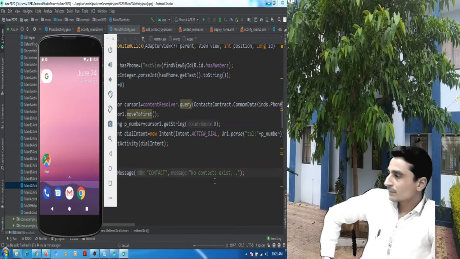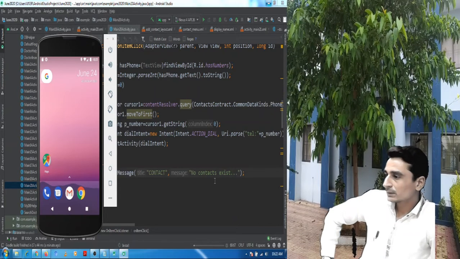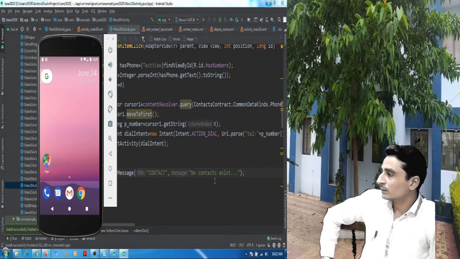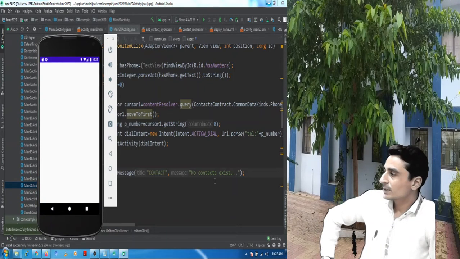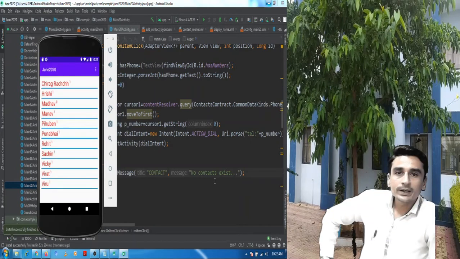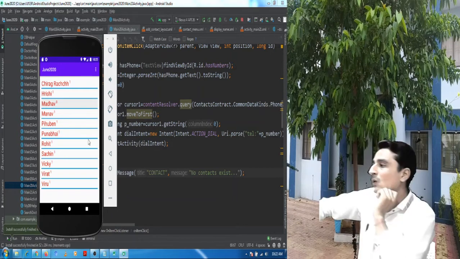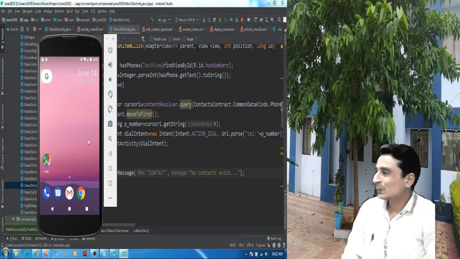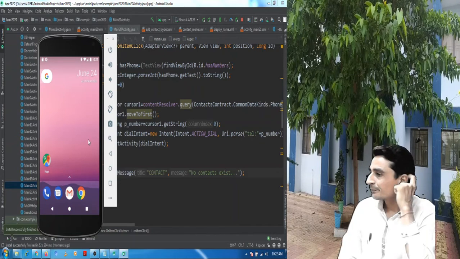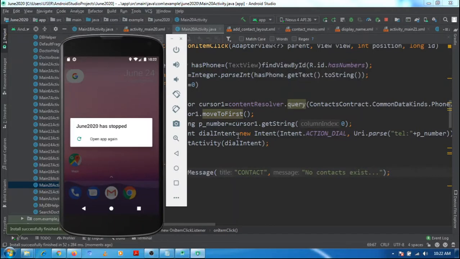Application is on its way of installation. Gradle is already built. Application is installed, and see here the contact Madhav does not have any phone numbers associated. Let me click on that. Now I have clicked on Madhav, so the application is terminated incorrectly. See what is the problem here.